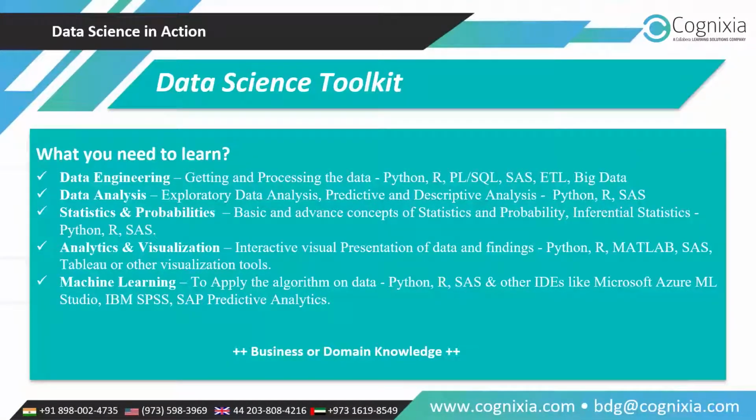So I have noted down here all the phases which are important from the tool or programming language selection point of view. Some of the very important phases in a standard data science project are data engineering, data analysis, statistical and probability related analysis, analytics and visualization or advanced analytics, then machine learning. When you work on these different phases of a data science project, you need different tools and programming languages